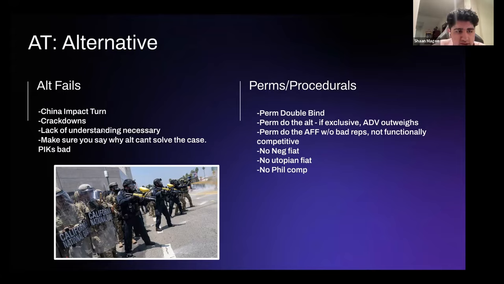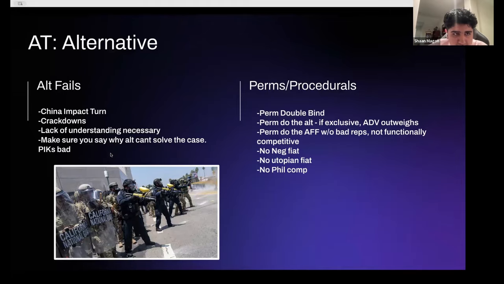The next thing is that a lack of understanding is bad. That just means that without understanding how the government works and without working in it, you're never going to be able to actually materialize their alternative. And you can make reasons why that would outweigh maybe their arguments about rejecting you as a team.